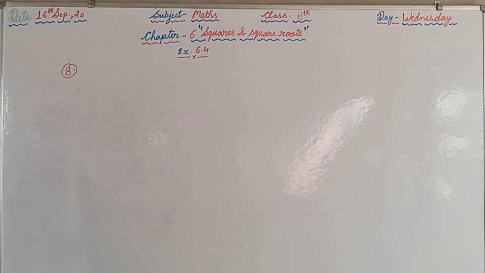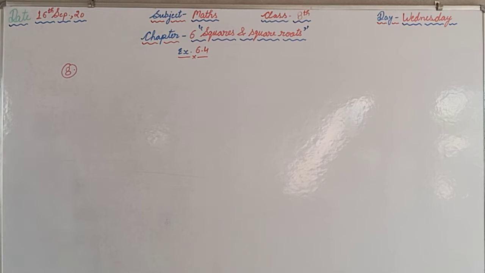In question number 8, you should read the question first of all. A gardener has 1,000 plants. So he is supposed to plant the plants in the manner so that number of rows should be equals to number of columns, means number of rows should be equals to a number of plants in that row. Find the minimum number of plants he needs more for this arrangement.